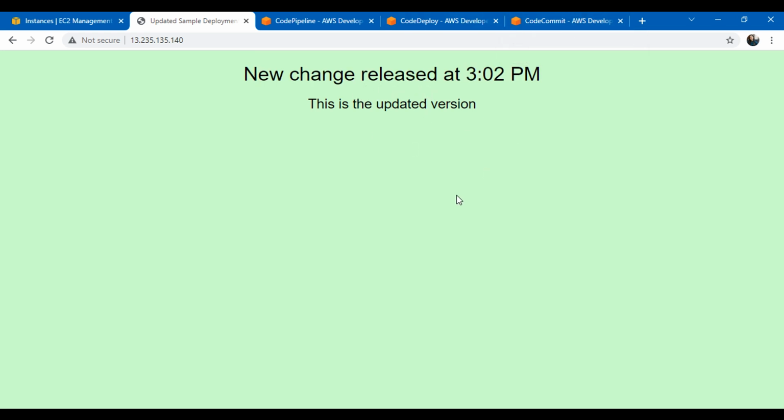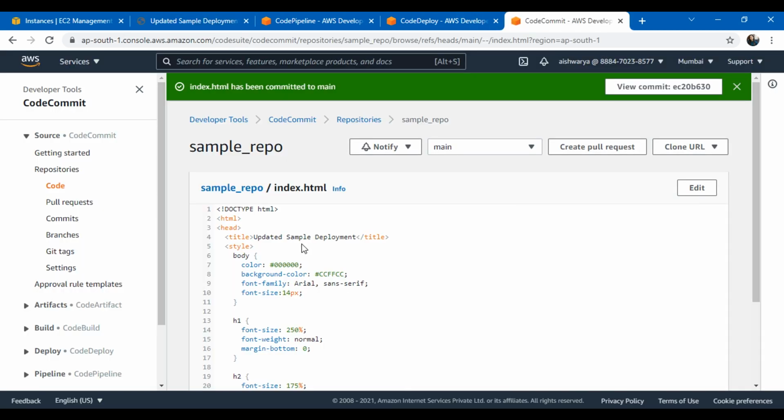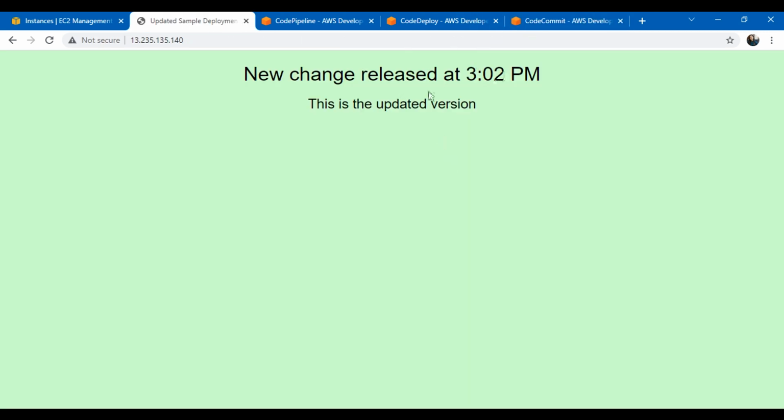Okay, I do not have to follow the long process of making the changes and deploying to production. No, I just made a change in my source and it was automatically deployed to the production system. Okay, so this was just a demo. This will be very useful in production cases to implement a CI/CD pipeline, because you will be just making the changes in the source and they will be getting deployed to the production system automatically. So this is how code deploy works in the CI/CD pipeline.